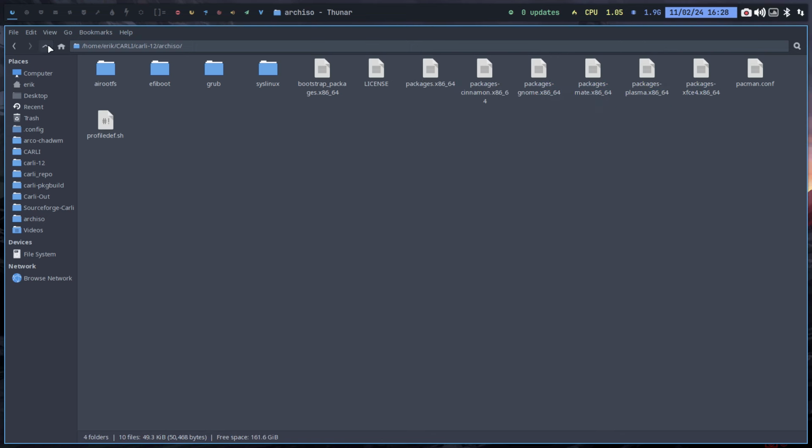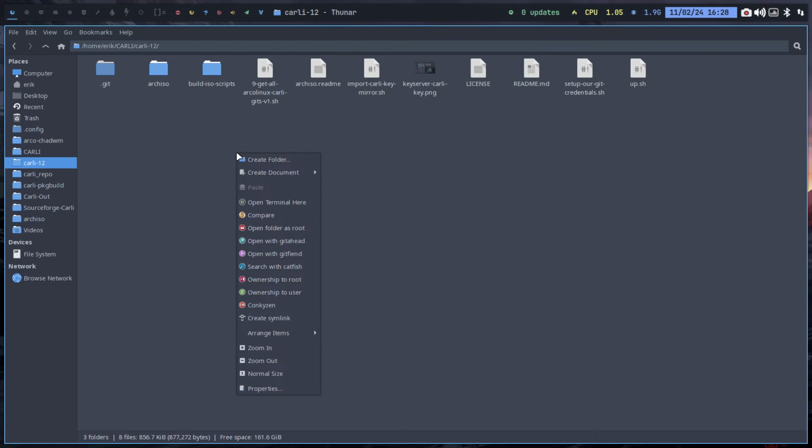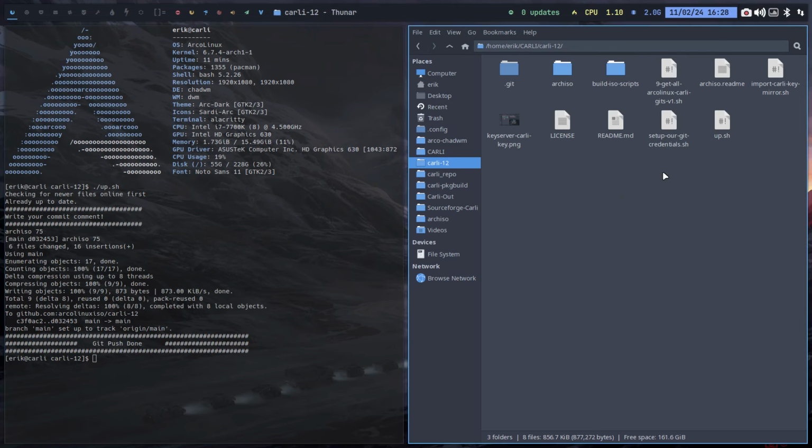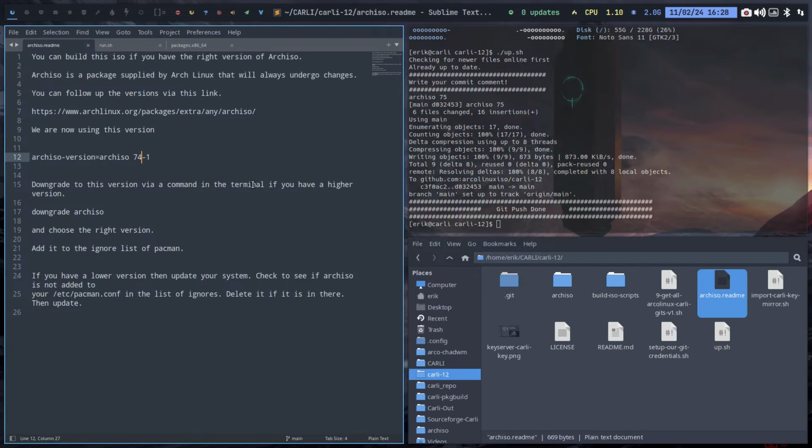That's it basically. So from now on, I can put this online. And I can say this is the ArchISO 75. We forgot one thing. And that's a number here somewhere. ArchISO readme